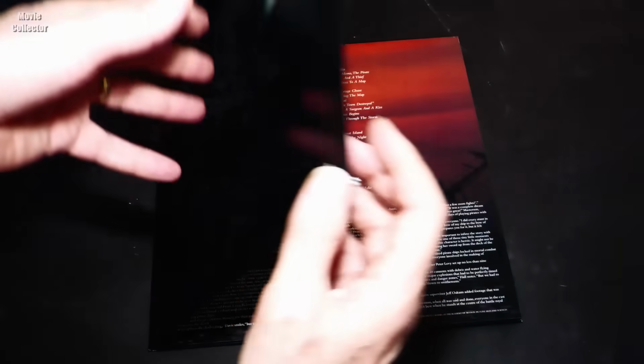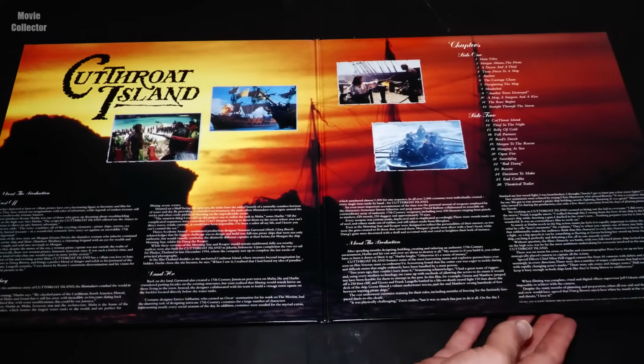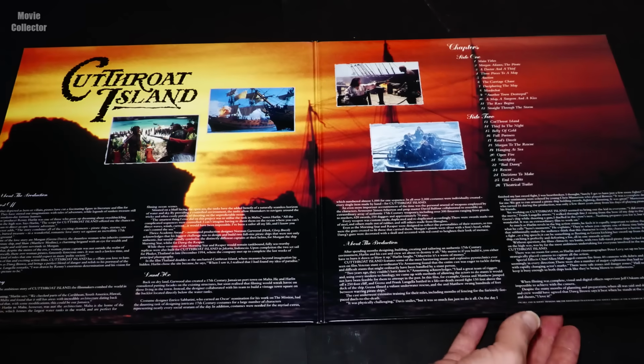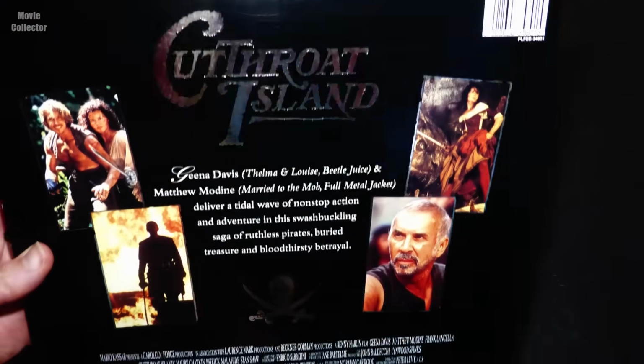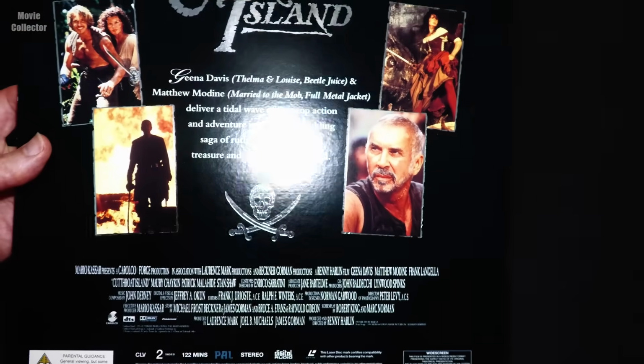Cutthroat Island was a great LaserDisc release. I thought it was one of the best image quality LaserDiscs of all, but on the big screen in here, just like Timecop, it didn't look quite as good as Terminator 2 or True Lies. It was still very good though, and better than Timecop,